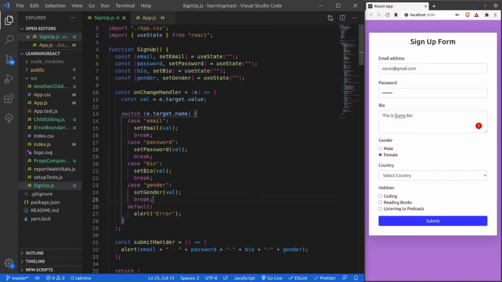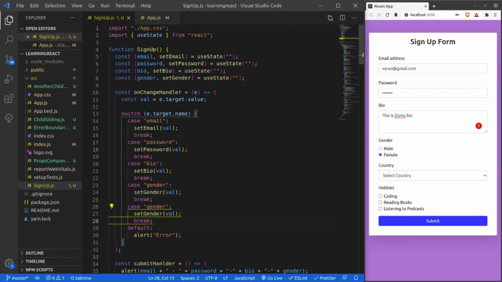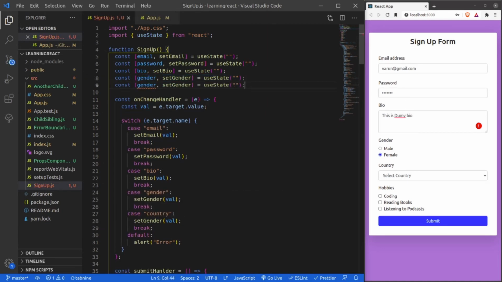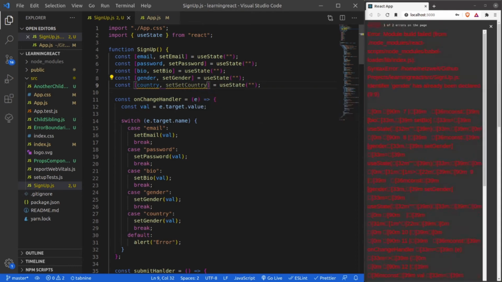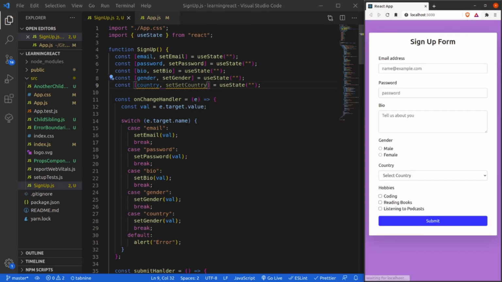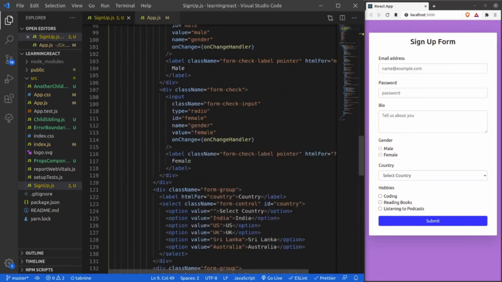Similarly, we can do the same thing for country, right? And country, and then set country. And here I can use set country. Now I need to add name here, name as country.